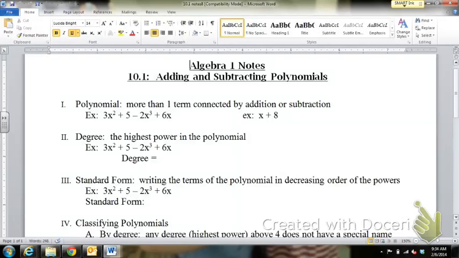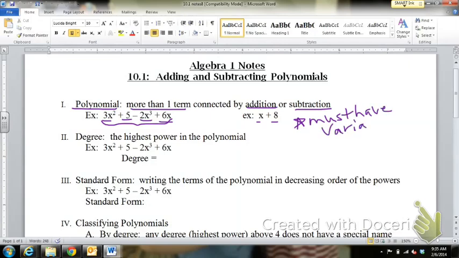In Lesson 10.1, we're going to add and subtract polynomials. So all a polynomial is, is more than one term connected by addition or subtraction. So all of this has 1, 2, 3, 4 terms that are being connected by addition and subtraction. That's a polynomial. You could have 2 terms that has addition or subtraction, but it must have